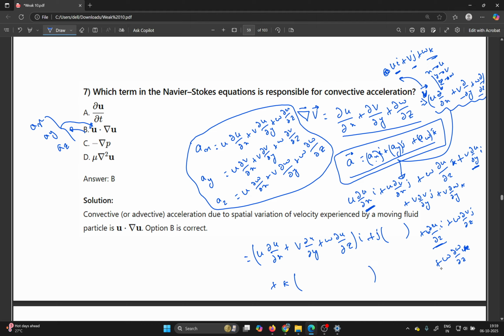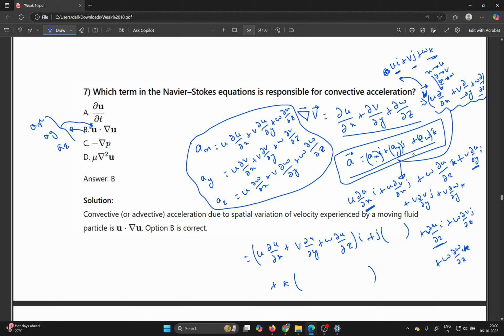I am going to write only for k. From here you will get this k, this k, and this is also k. So in k also you have u, v, here also you have,